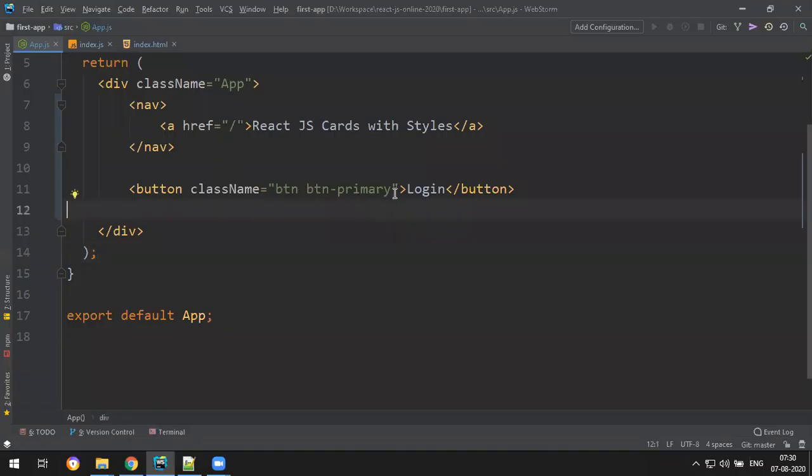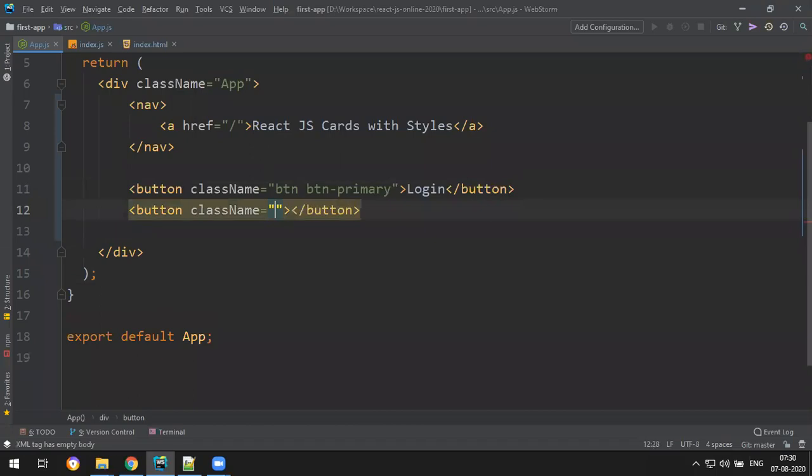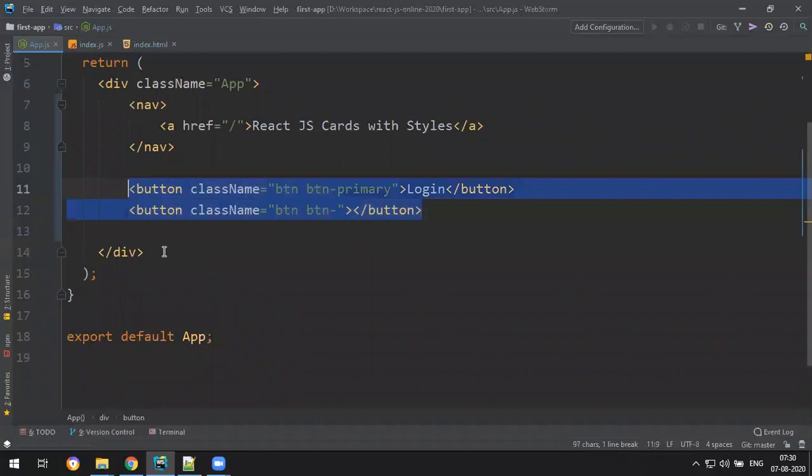Fine. And if I add another one, let's add another button with the class btn. The problem is, see, the classes have not come automatically. This is our existing class, not this one. So btn hyphen, control space. See, the hints are not coming automatically. If the hints are not coming, you can't do that, because we can't remember everything, right? So I need the hint to come. I need the Bootstrap button hints to come. So how to get that?